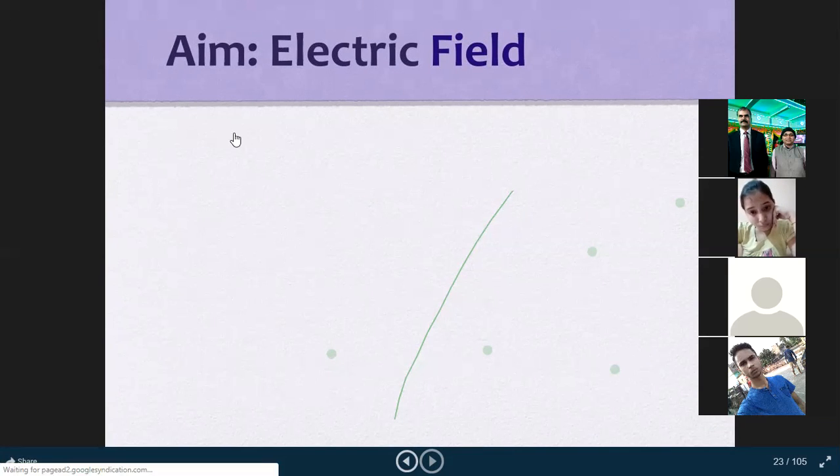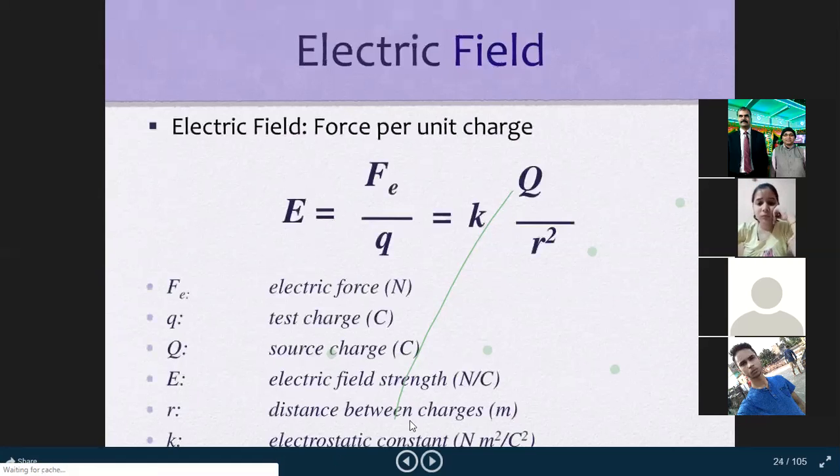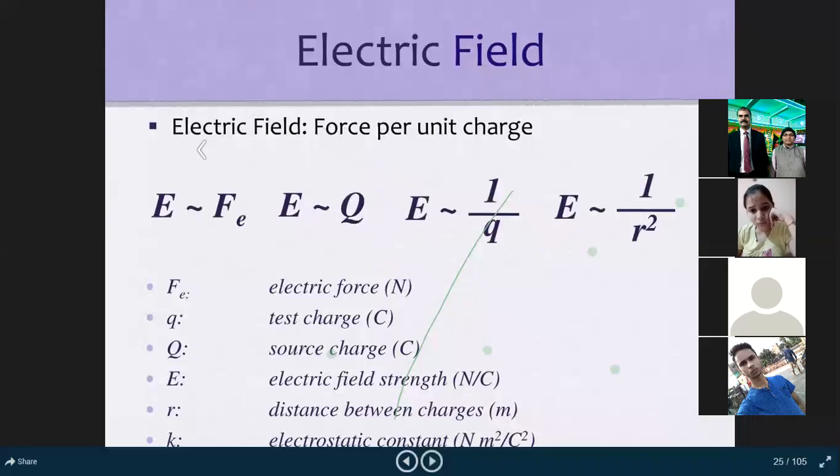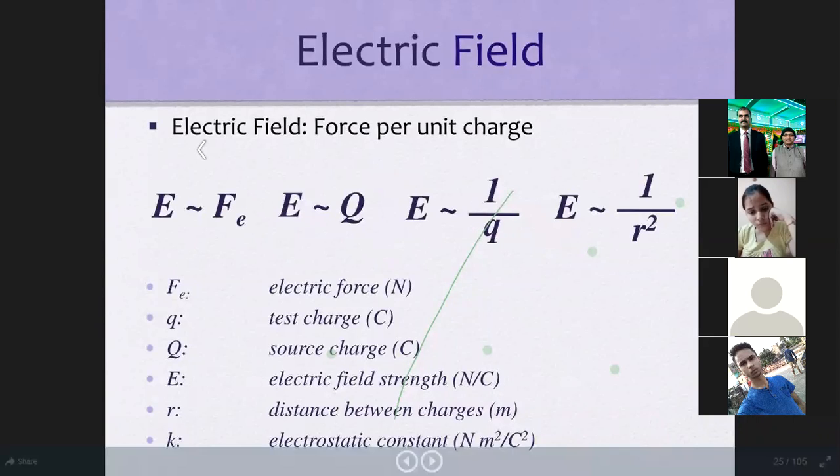अब इलेक्ट्रिक फील्ड जरा ध्यान देना है। इलेक्ट्रिक फील्ड इज डिफाइंड एज फोर्स पर यूनिट चार्ज, इलेक्ट्रिकल फोर्स पर यूनिट चार्ज। तो मैंने पहले वाले क्वेश्चन में जो मैंने डिस्कस किया था,